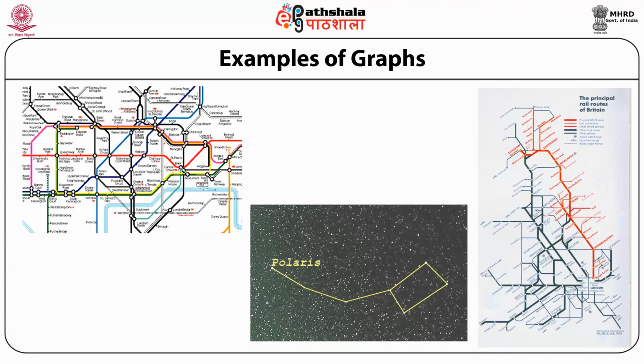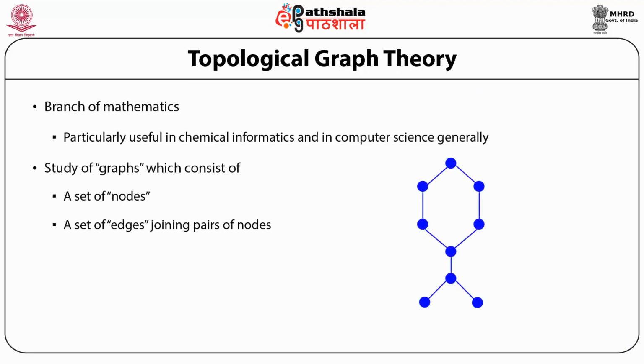What are graphs? A graph is nothing but this kind of example. Here shown on the top is the graph depiction of the railway lines or metro lines in Britain, under London. And on the right side is the whole country's lifeline or routes for Britons all over the country. Even a graph can be depicted using Polaris, like one of the constellations. So graphs can be applied to any system where you have at least, as shown in the next slide, points like 1, 2, 3, 4, 5.